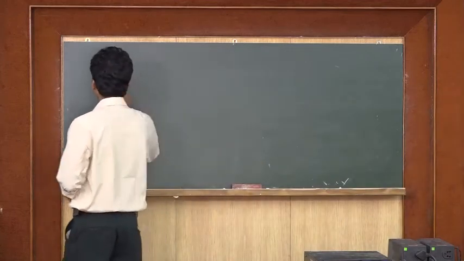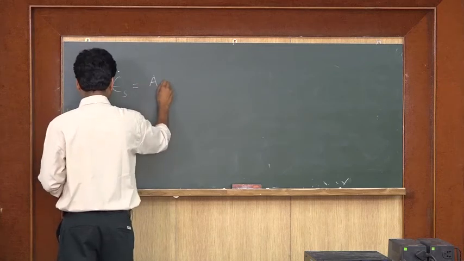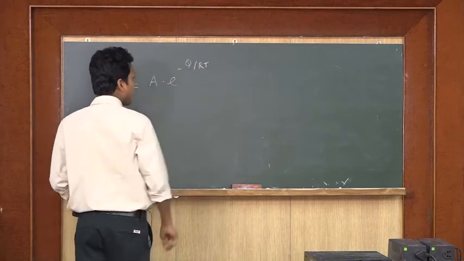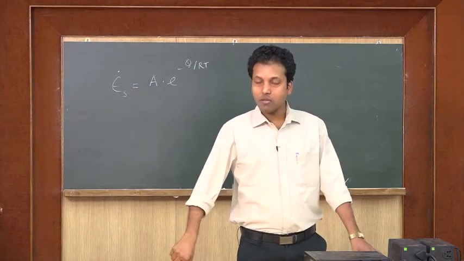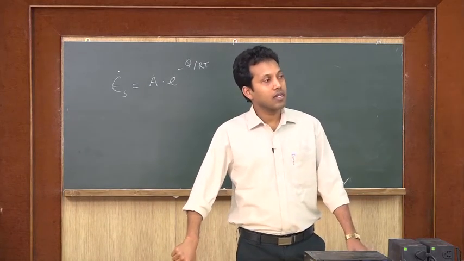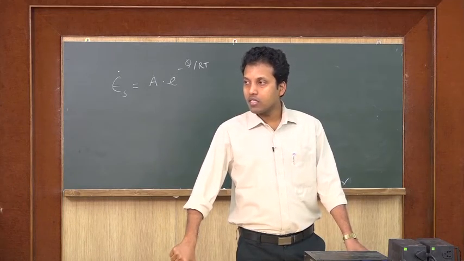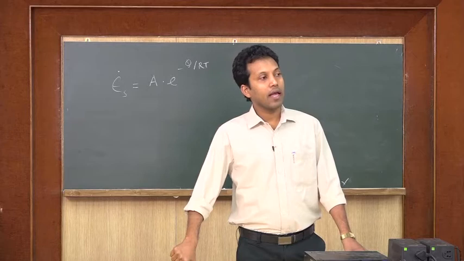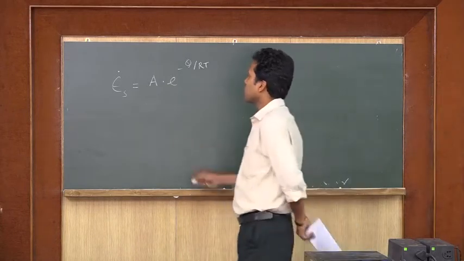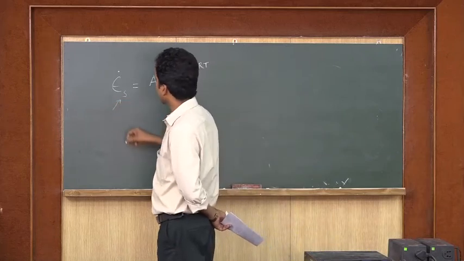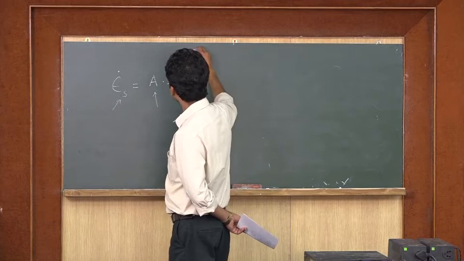Now, here we have seen that the steady state creep rate, epsilon dot s, can be represented by one Arrhenius type equation. Okay. Why is it required? It is required to know the activation energy for creep. So, in this equation, epsilon s dot is the steady state creep rate, A is a constant, Q is the activation energy,